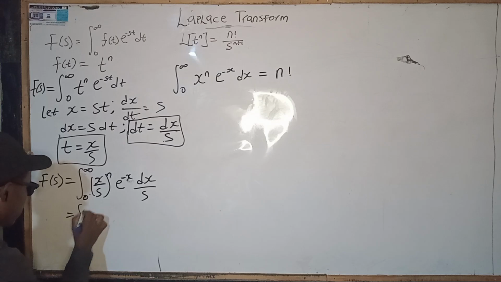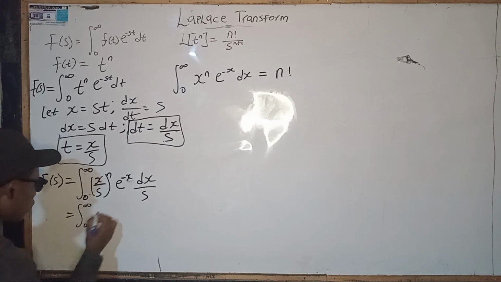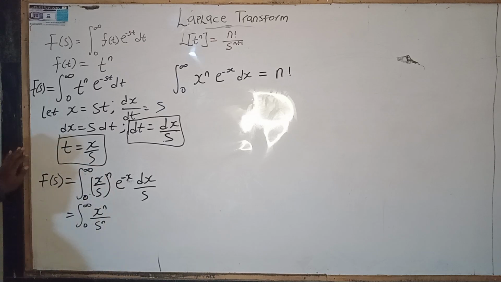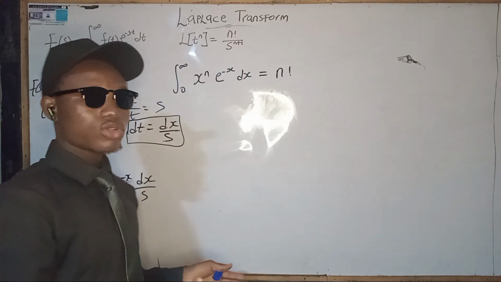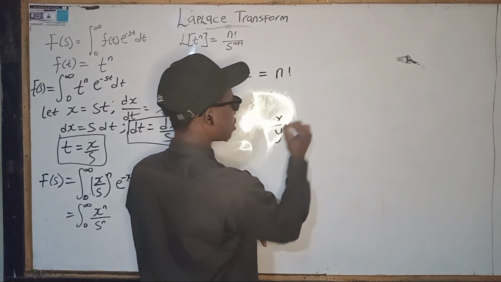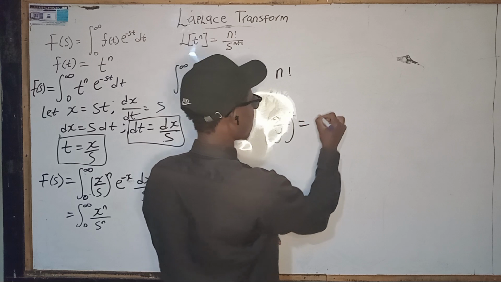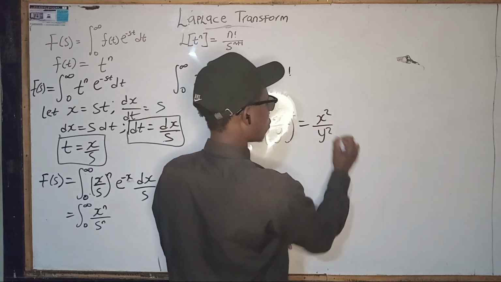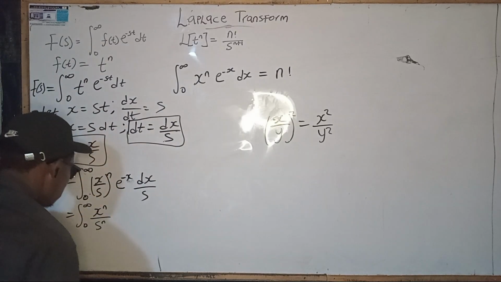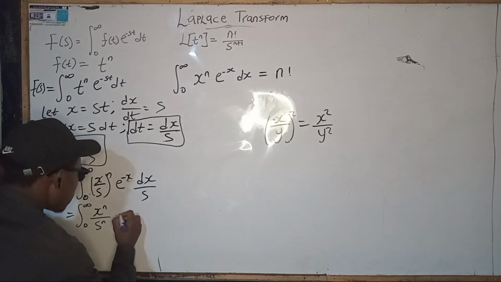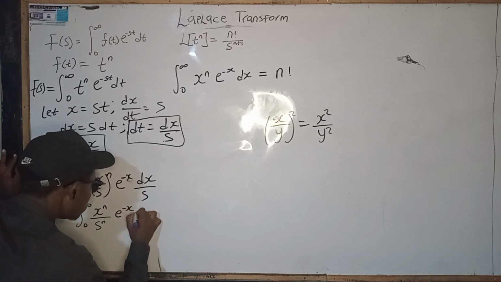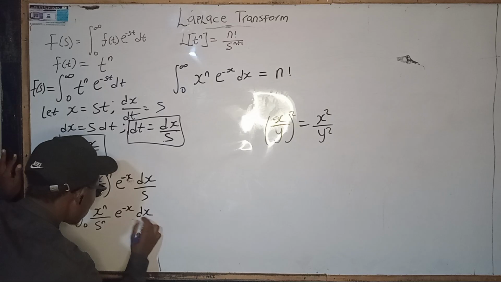We have the integral from infinity to 0, x raised to the power n and s raised to the power n, which is realistic because according to the rule of indices, x over y all raised to the power 2 is the same thing as x squared over y squared. It is a normal basic maths problem. So when we have this as e raised to the power minus x, then we have x over s